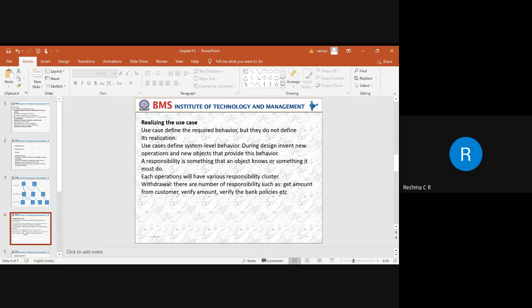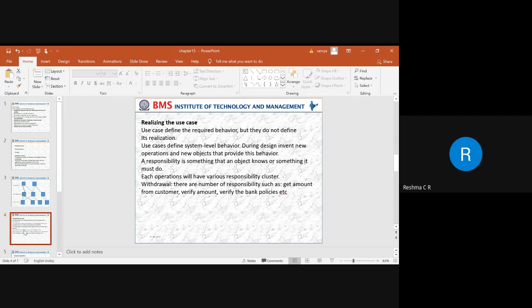The next thing is transfer. When we say a transfer, we have some responsibilities. Those responsibilities include getting the source account and the target account. From whom to whom the amount has to be transferred has to be identified.